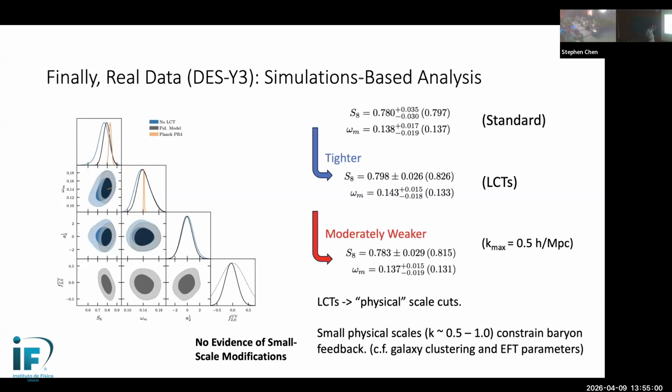But now I want to show that using the methodology of these two pieces of effective field theory thinking I've discussed, first, the EFT prediction of the matter power spectrum at two loops, and secondly, the effective description of the data through these lensing counterterms, I can now actually conduct a full analysis of weak lensing data purely analytically.